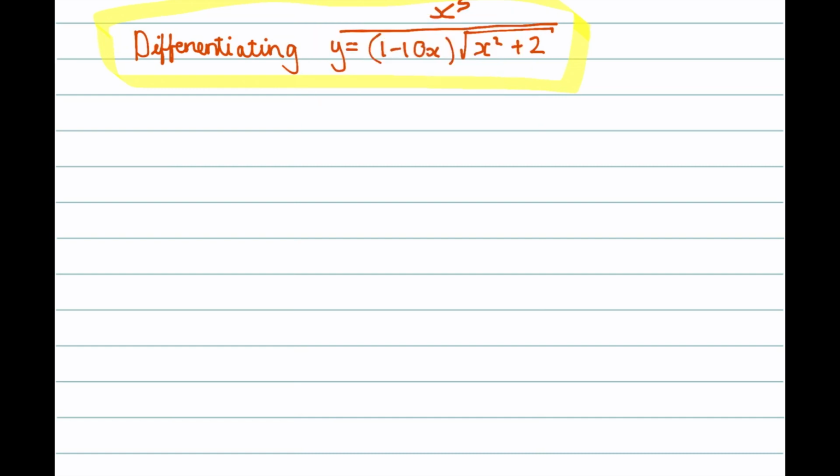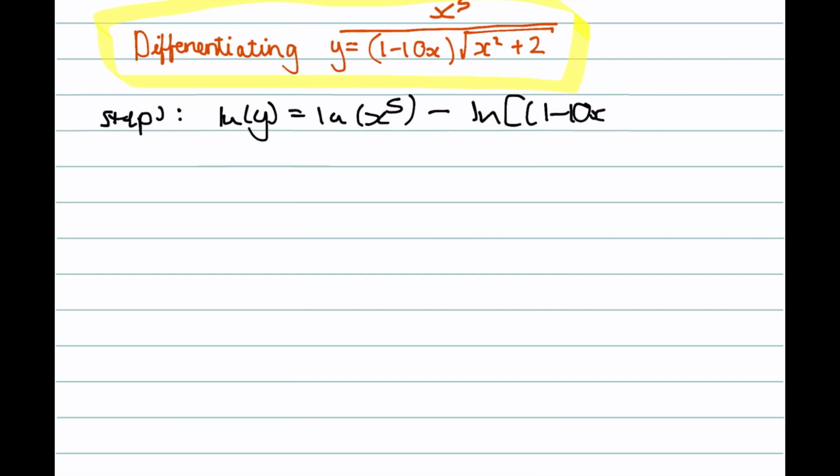So step 1 is to take logs. If we take logs of both sides, we'll get that ln y is equal to ln of x to the 5 minus ln of 1 minus 10x times square root of x squared plus 2. Okay, but using log laws, this is equal to ln x to the 5